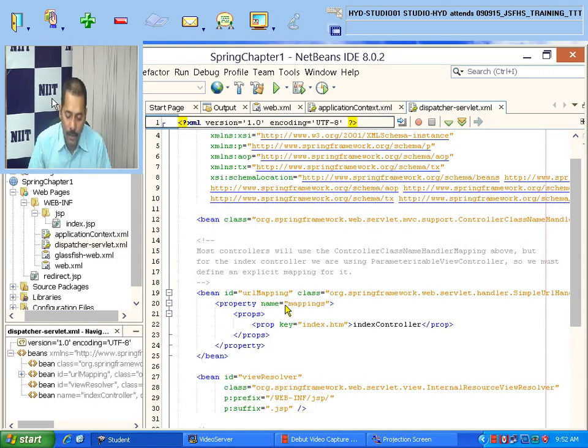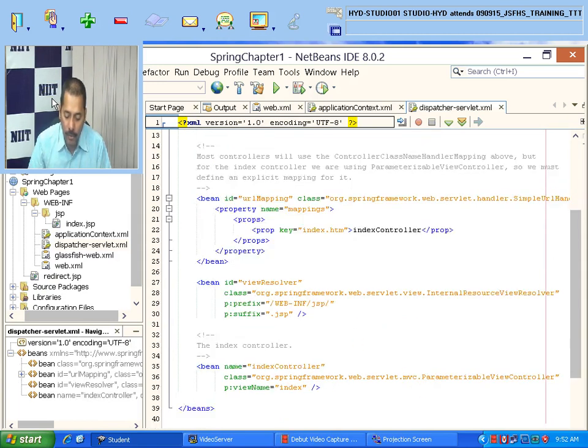and all. Whenever we get a request for *.htm, when you try to call index.htm, first it will call the ParameterizableViewController, and we can prefix the index, and then we call that. So this is the index controller which you are using.